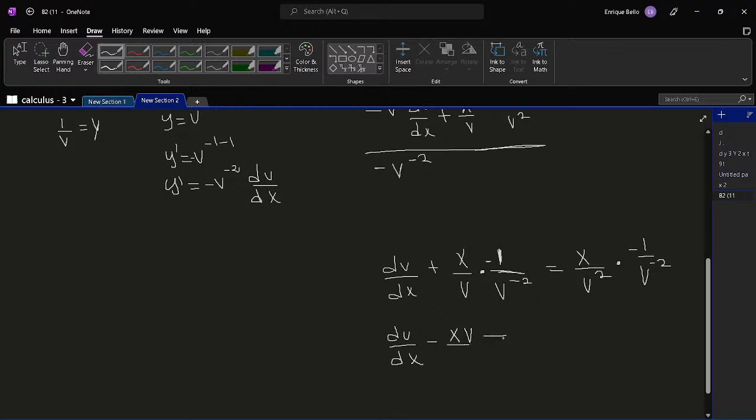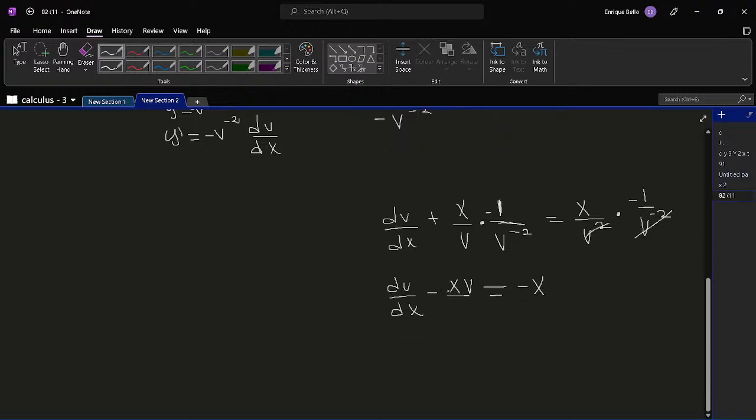Okay. And then it's gonna be equal to 0, cancel out. 2 plus minus 2 is gonna be 0. And then this is gonna be minus x. So this is, oh, now it's easier to do it, because I can